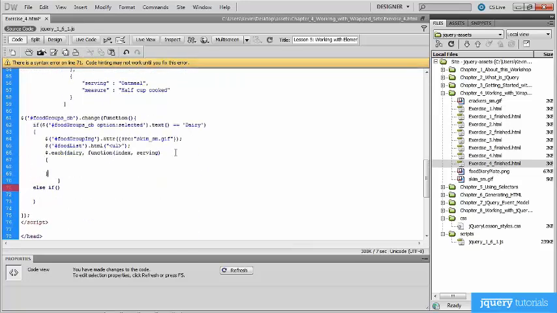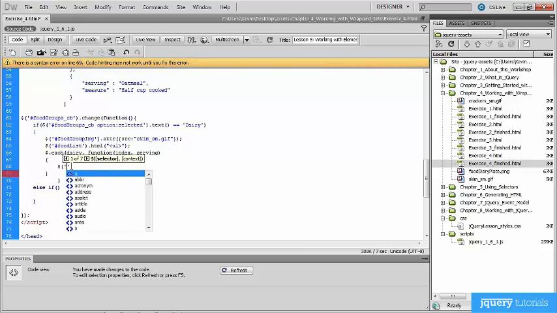Next we'll write this function. The goal of this function, as it loops through the dairy variable, is to add LI or list item tags to the UL tag we created here. So first we have to access the UL tag that we just created so that we can, via jQuery methods, append to that UL tag all the LI tags that are going to be created as a result of this loop. So we need to access the UL tag first, and we do that as we always do with